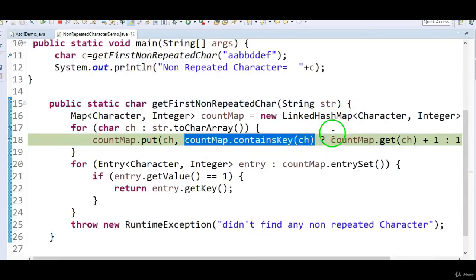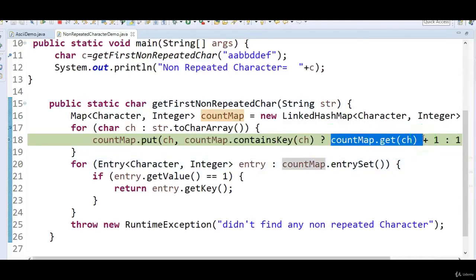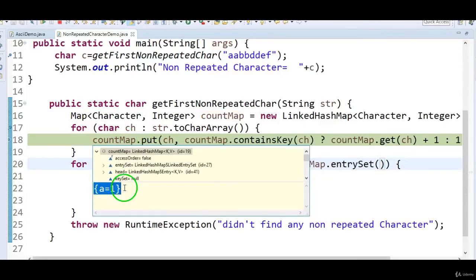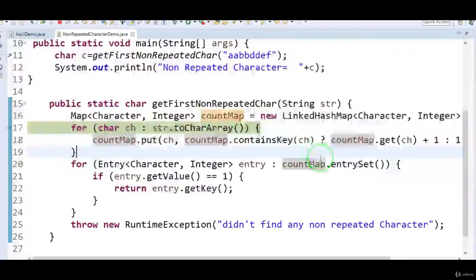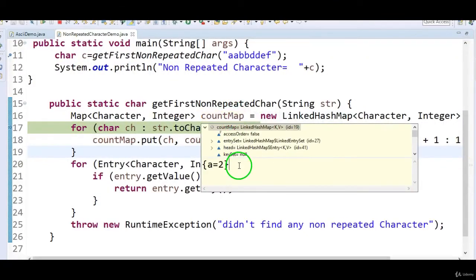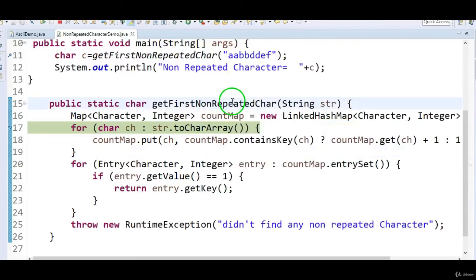So it will get that key's count, and then we will add 1. Now the map has A equals 1; after this line executes, A will be 2. Okay, F6. Now check the value of the count map. A is 2. Perfect.